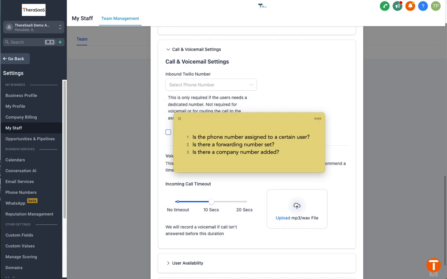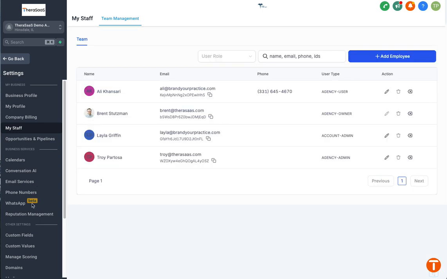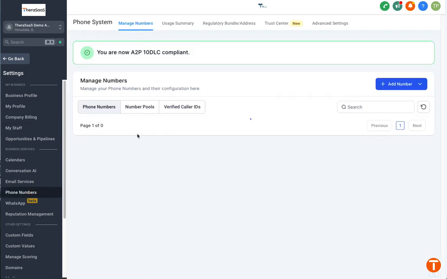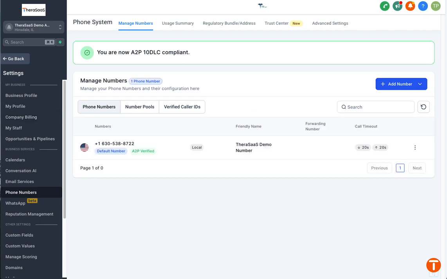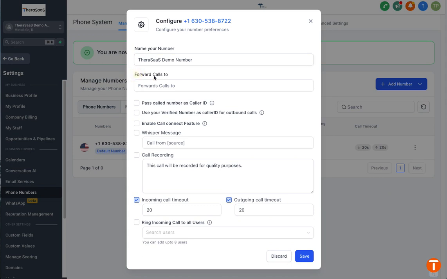Now, the second question here is if there is a forwarding number set. To check if you have a forwarding number set to your TheraSaaS number, go back to phone numbers and edit the configuration for your number. To do that, click on these three dots here at the right part, hit edit configuration, and there is a field here where it says forward calls to. If there is a number added here, that means the calls going through your TheraSaaS number will be forwarded to whatever number